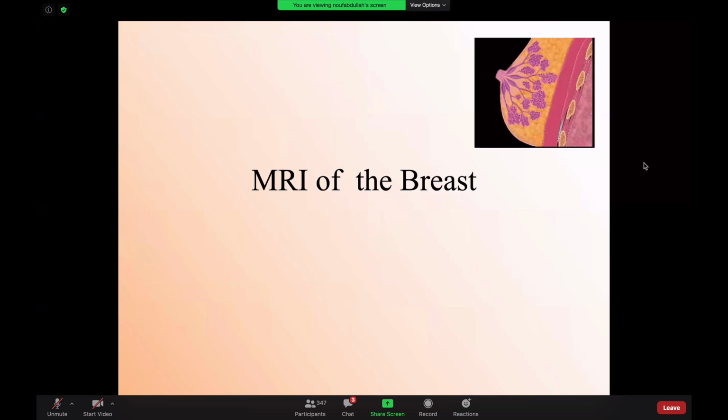So we finished now the ultrasound features. So this is just a quick idea about the ultrasound. You need to memorize what are the features of malignancy, what are the features of benign lesions. You characterize the lesion first. I ask myself a question. Am I dealing with BI-RADS 2? What is BI-RADS 2? BI-RADS 2 is an anechoic cyst. If it doesn't fit with cyst, am I dealing with BI-RADS 3?